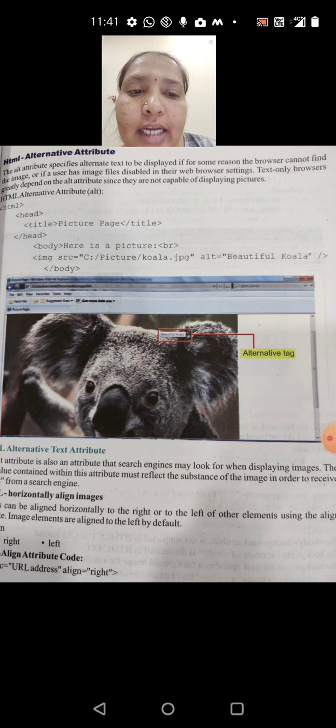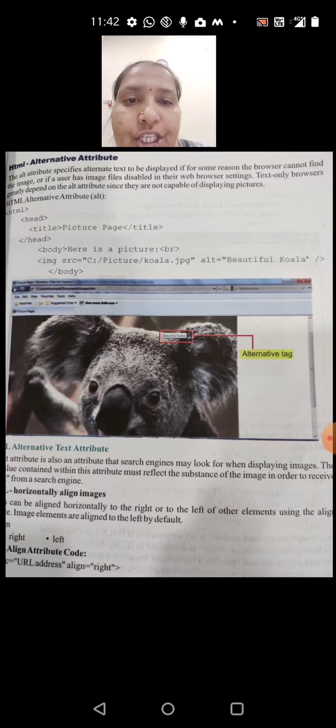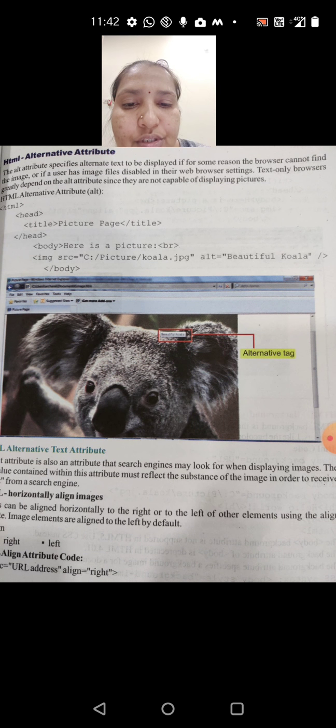Similarly, another alternative tag that is used for writing any sentence on the images, we are using this code. In the title they have given "picture page", and in the body "Here is a picture", and in the image source they have given the path of the image. This is all about the HTML alternative attributes.